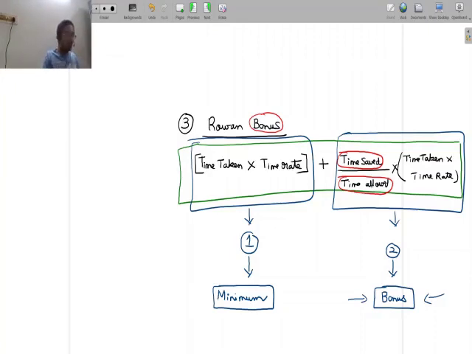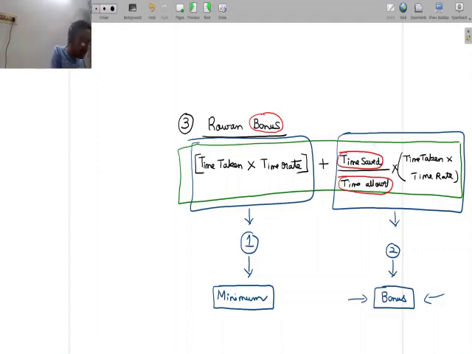So when there is time saved, then Rowan says, time saved by time allowed, this is kind of indicating an efficiency. For example, if I allow a person to complete a job in 10 hours, now he completes it in 8 hours, then you have a time saving of 2 hours. So I can say the ratio of time saved to time allowed is 20%. But if the same worker finishes the work in 6 hours, then the time saved is 4 hours. So 4 by 10 gives 40%. So the faster you complete, the more will be the time saved to time allowed ratio.